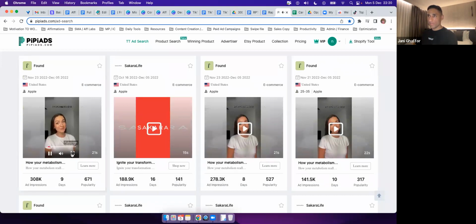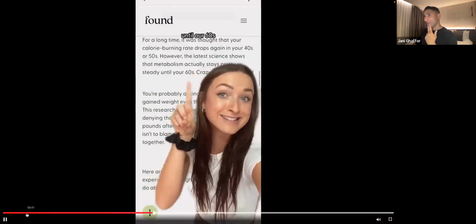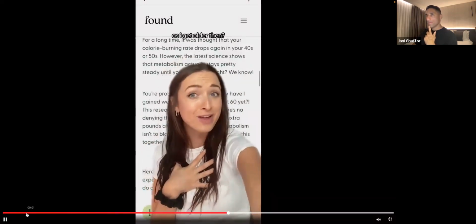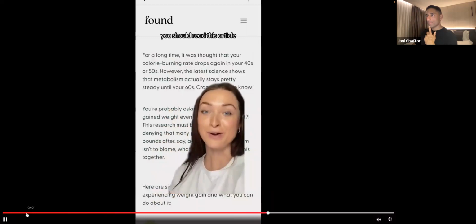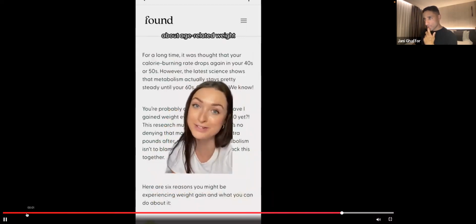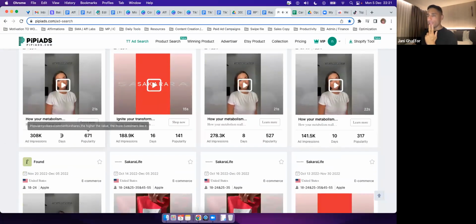This research on metabolism, it doesn't slow down as soon as we thought. The science says it actually doesn't slow down until our 60s. And I know what you're thinking: why have I gained weight as I get older then? You should read this article. It has all the science and actually what to do about age-related weight. That's a really good one as well. 9 days,